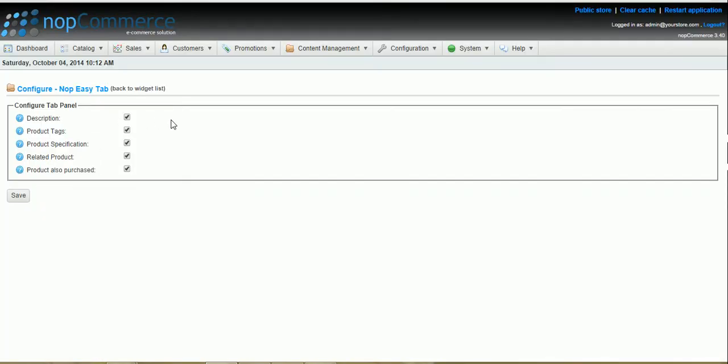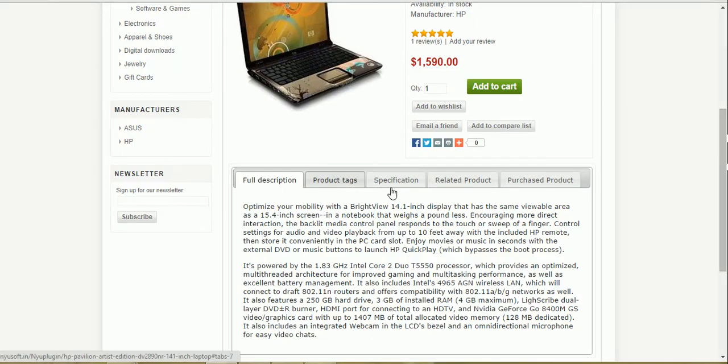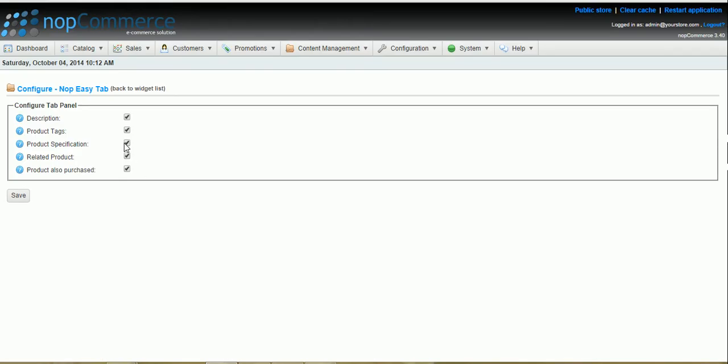The tick mark checkbox means that your tab will be displayed here. So now untick the product specification, and let's untick one more, that is related product. Now click on save. So what we did is product specification and related product, right?